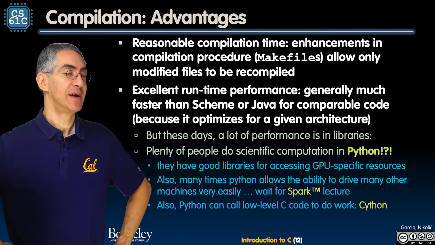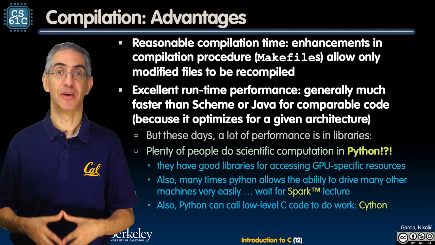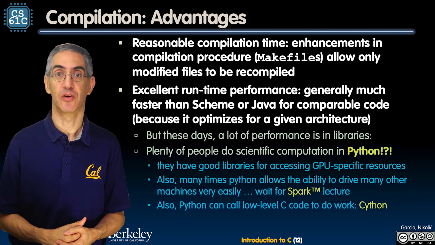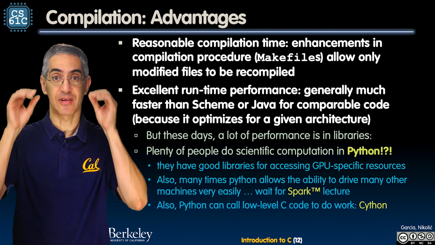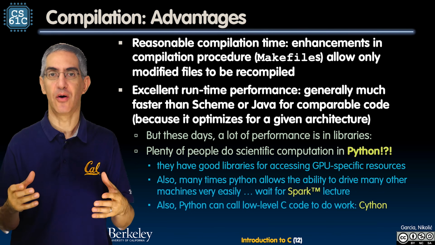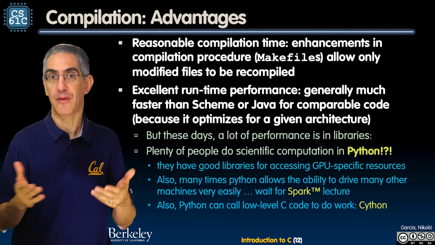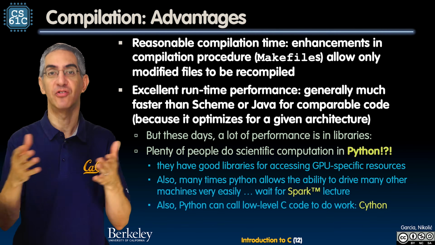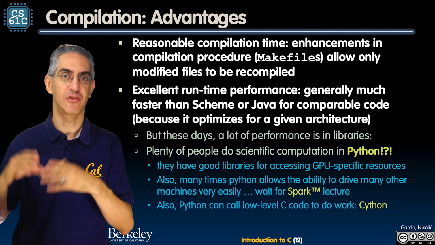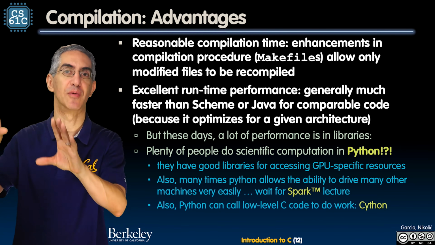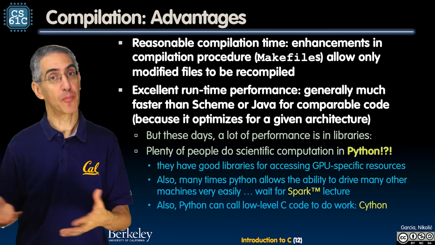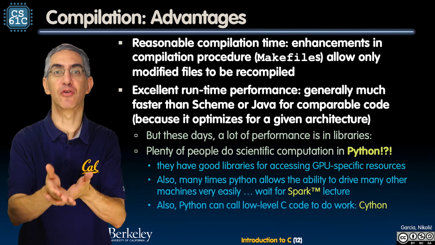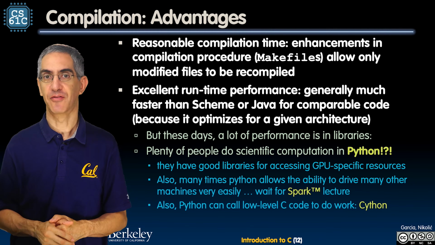Here's the reason. A lot of libraries have been optimized for some hardware. GPUs, graphics processing units, which we're going to learn about in this class, are now general purpose. For a while, they were called GPGPUs, general purpose GPUs. In the early days, their job was to take polygons and render them into pixels. Now they're general purpose, and so you can speed up your Photoshop, you can speed up lots of computation, and